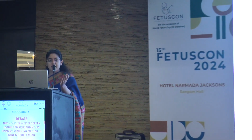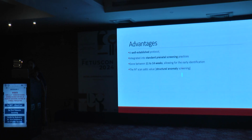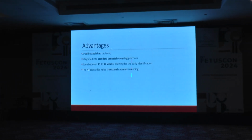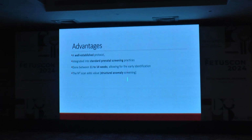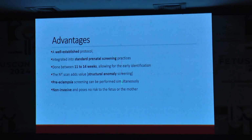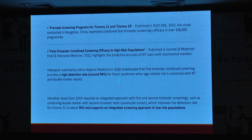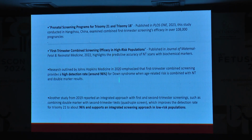It is a well-established protocol. It is integrated into standard prenatal screening practices. It can be done at 11 to 14 weeks. The NT scan adds the value. It gives the understanding of the structural anomalies. Pre-eclampsia screening can be done at the same time. It is non-invasive and it is widely available and significantly cheaper. These are the various studies which have shown that it can be applied with a detection rate of 96%